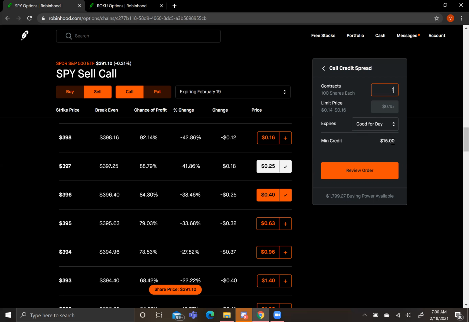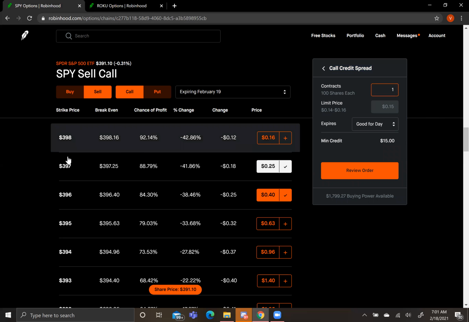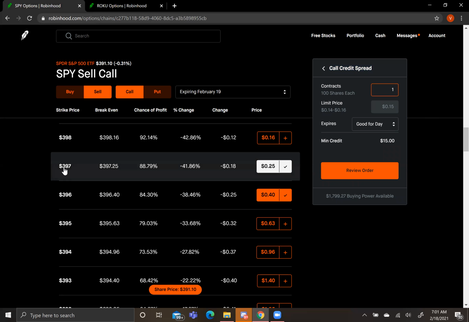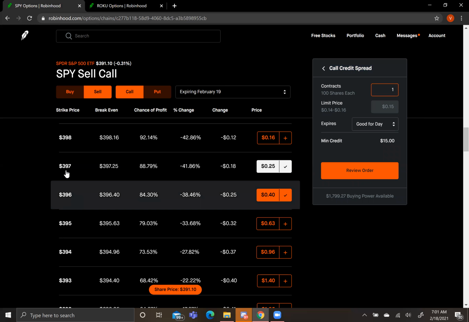So what this is telling you is, once again, it's not telling you how much collateral you're putting up. It only tells you how much minimum credit you're receiving. So to calculate the collateral, you look at the strikes. We have the 397, 396. So you do 397 minus 396, which is $1, multiply it by 100, and the collateral would be $100 for